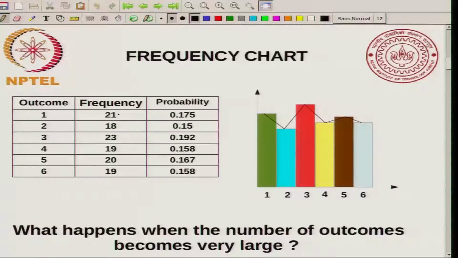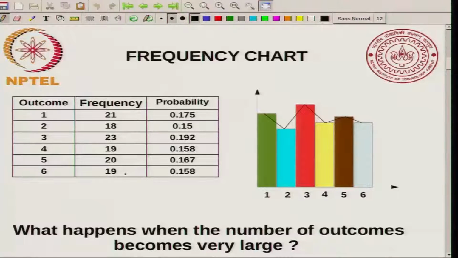Outcome is the same as event in this case. So, let us say you roll the dice 100 times and 21 times you get 1, 18 times you get 2, 23 times you get 3, 19 times you get 4, 20 times you get 5 and 19 times you get 6, and from this frequency you can construct the probability